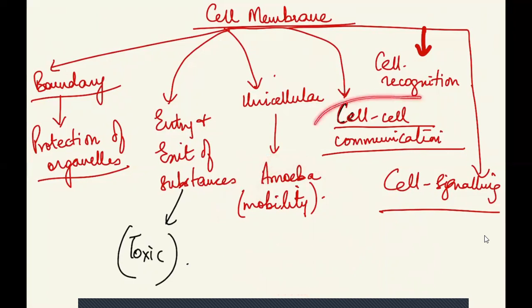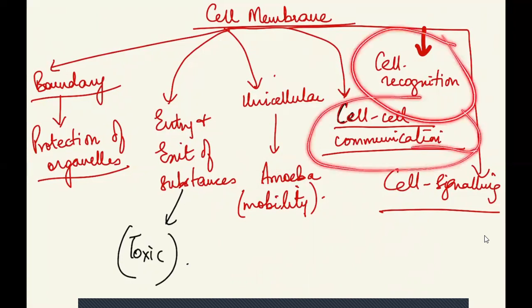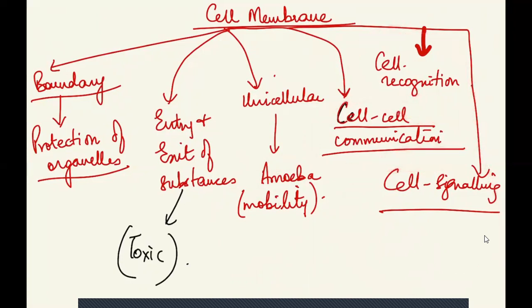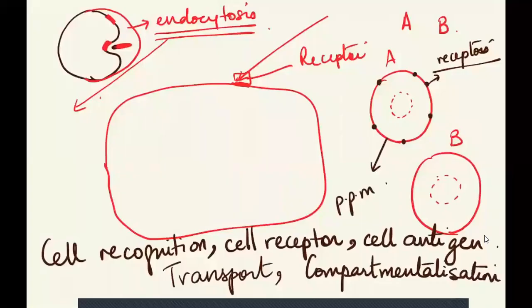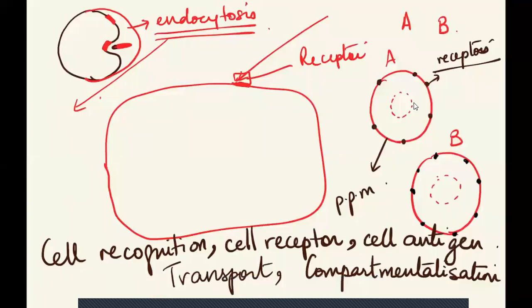Cell to cell communication, cell to cell recognition, cell to cell signaling. अच्छा, signaling का मतलब क्या? For example, let me give you, अच्छा, I'll give you hints, okay? And the hint is, okay, एक hint तो यहाँ पे है, it's right in front of you. आप इस diagram को देखो और मुझे बताओ कि what am I trying to explain to you as far as this. All these processes, whether they are cell recognition, cell transport, cell-to-cell communication,